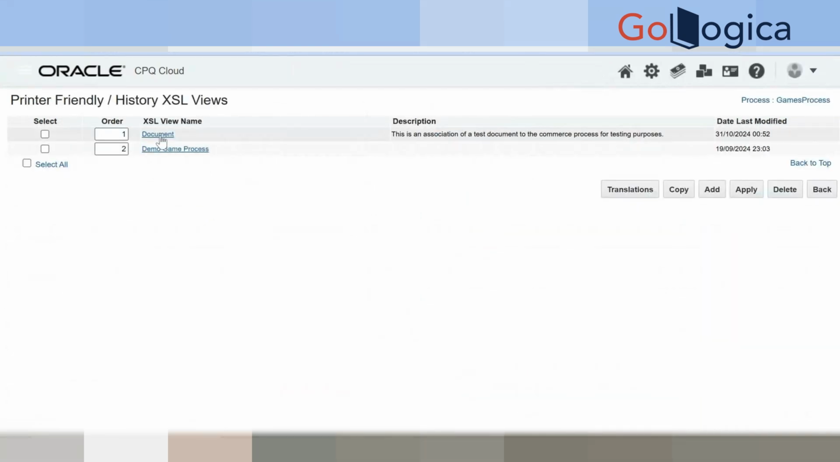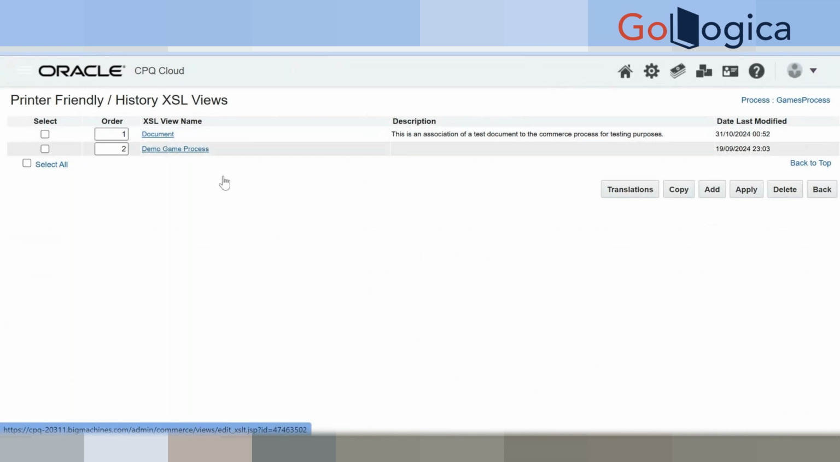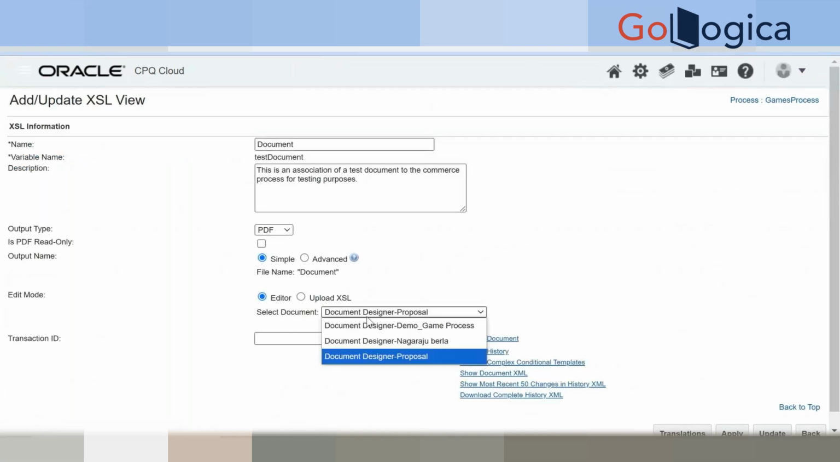Document. There, proposal got mapped. Proposal is the document designer file we just created, and we kept nothing in it and just added it, right? So that's why it is showing an empty page. So what you can do is here,